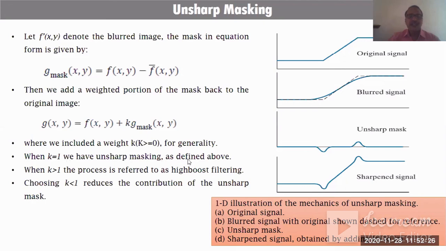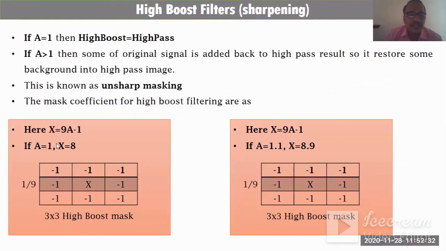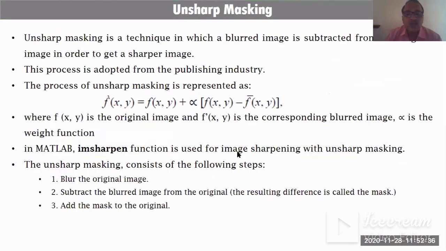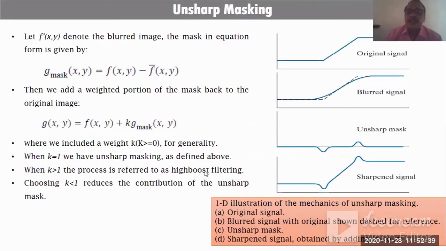unsharp mask as defined above, एक 1 असेल तर हे वर डिफाइन केलं. म्हणजे इथं आपण जो डिफाईन केलाय, सो इफ k इज इक्वल टू 1 दिस इज अनशार्प मास्क. If k is greater than 1, it maintains something like high boost filtering. So if k is equal to 1, in that case, it is nothing but high pass. So choosing k is less than